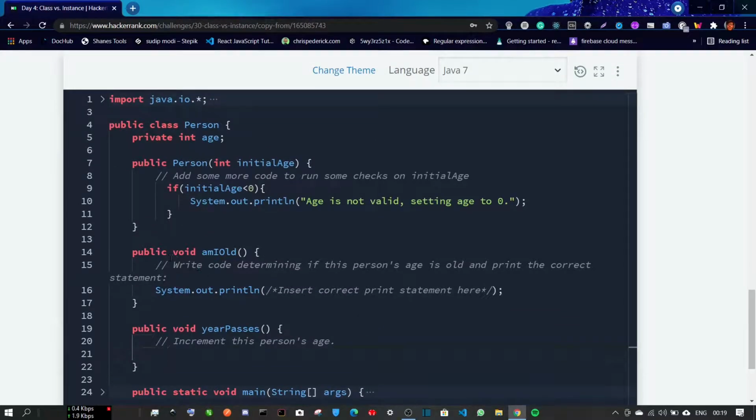So you'll see two keywords here, public and void. We'll not worry too much about the public here. We'll see what void means. Void basically means that you do not have to return something from inside this method. So this am I old method doesn't return anything when called, and hence this keyword void.